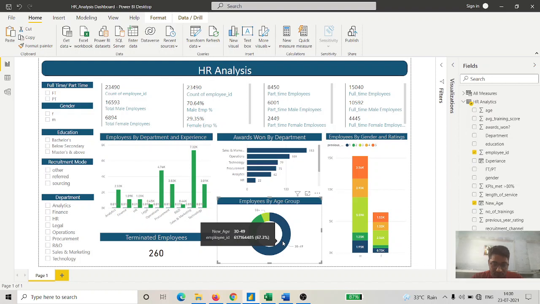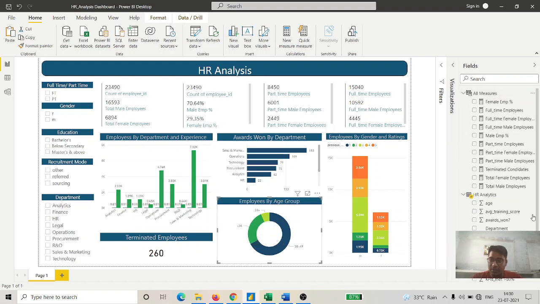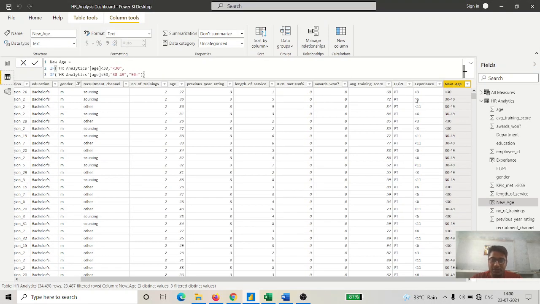Okay, now I have created the measures. I have created many measures, as you see. So first of all, go one by one. There is an employees column, like you will be able to see there is full time and part time. So I want to categorize how many employees are full time and how many are part time. And in that category, I want to drill down one more level, like how many employees are female, full time or part time, and how many employees are male, part time or full time.